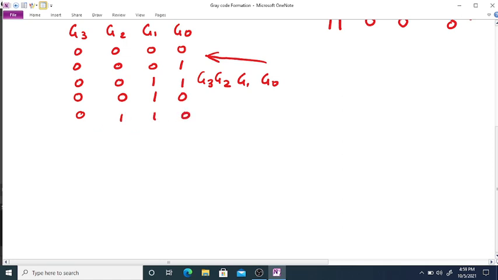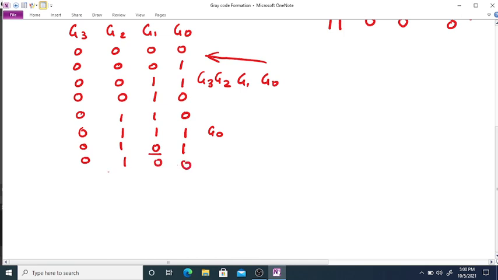So again we can see that this part is going to be repeated for 3 bits. Now here we can see that again we have changed the G0 bit. Then next 0, 1, 0, 1. Then we have changed the next LSB bit. Then 0, 1, 0, 0.